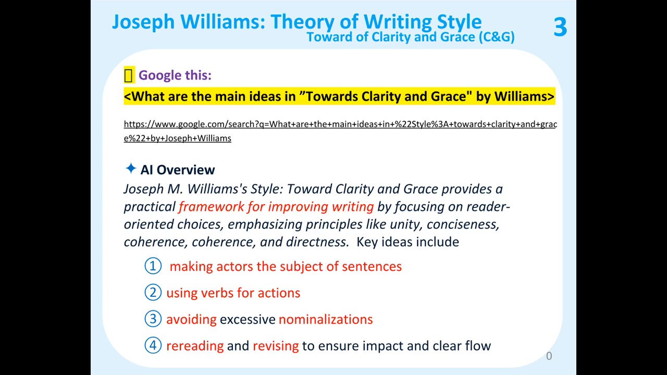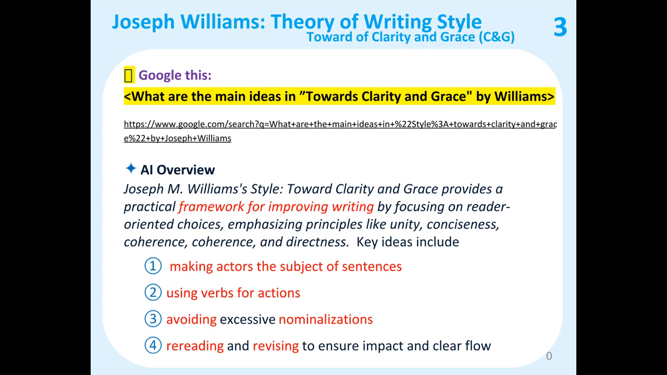First, who are the actors? Make them subjects. Second, what are they doing? Use active verbs for those actions. Third, have I turned actions into clunky nouns? That's what nominalization means, like using the word implementation instead of the verb implement. By focusing on these core ideas from Williams, you can systematically transform dense, confusing prose into writing that is clear,